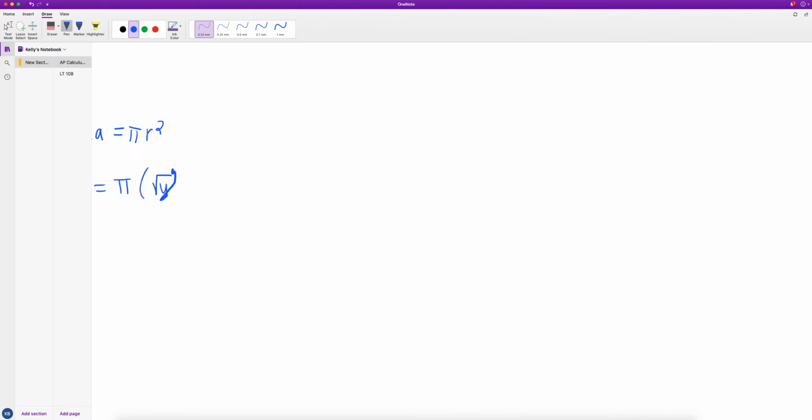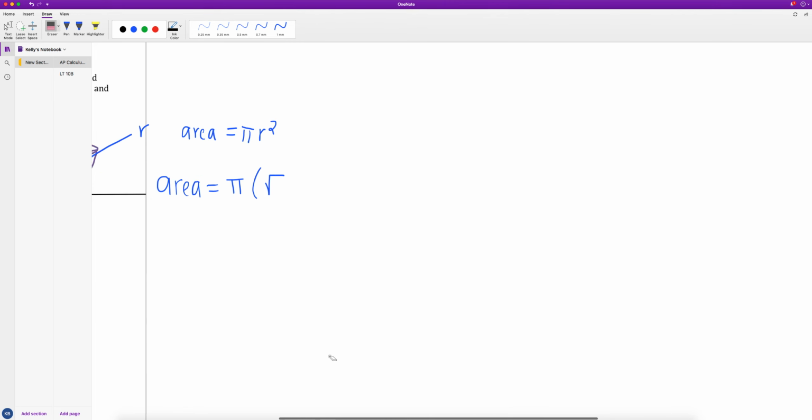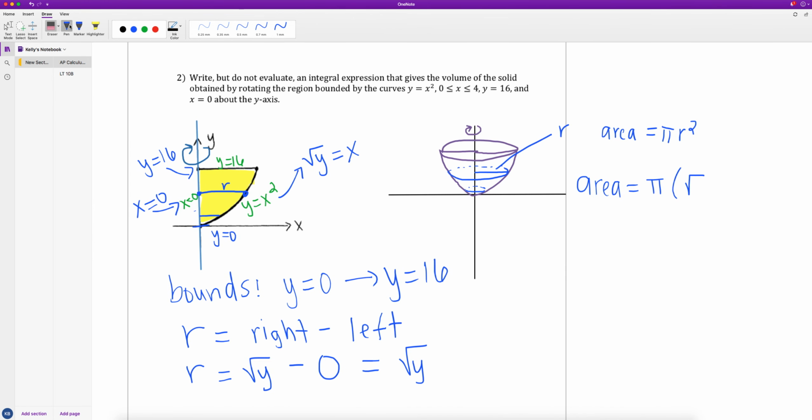Let's fix that real quick. Erase that and scroll back over. Sorry about that. So for this guy, we have our radius being the square root of y. And then remember, we are squaring it since it is pi r squared. To simplify that down, square root of y squared is just y, so I get pi times y will be our